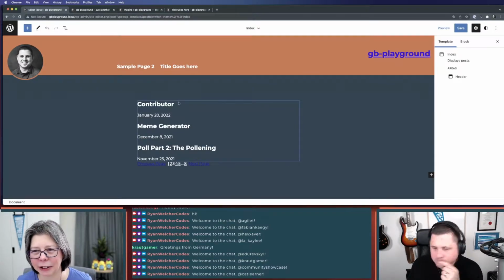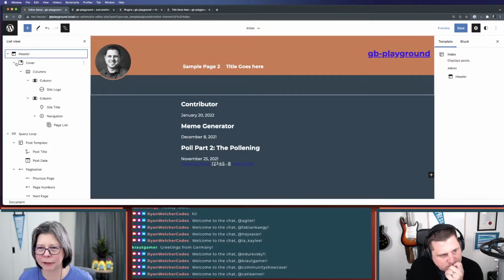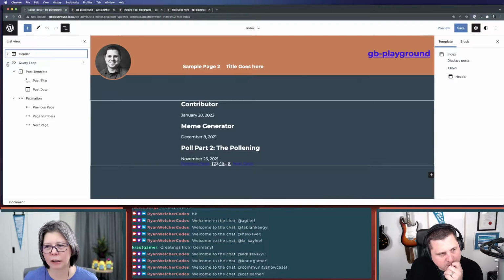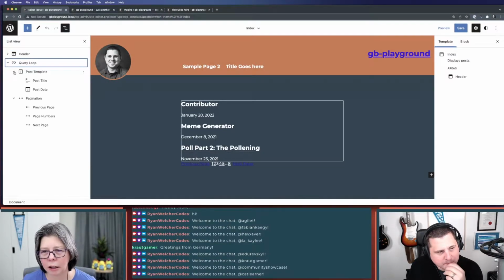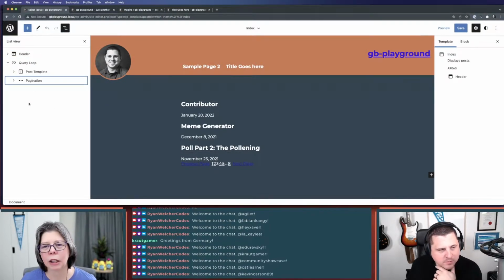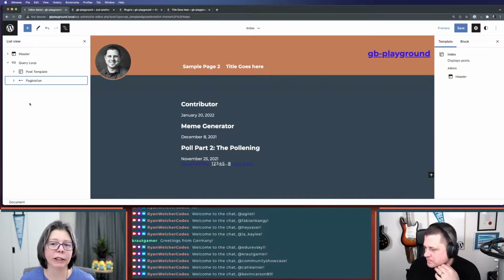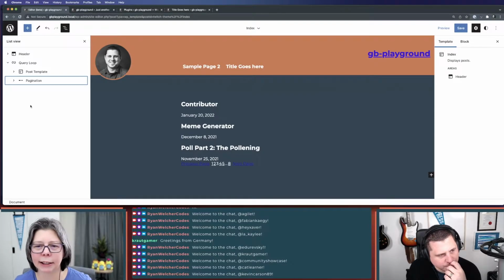Go into list view. I want to see what blocks we've got going on here. So far we've just got the header and the query loop. I'm just going to condense. So what we want to do is get this query loop into a column. So if you select the query loop,